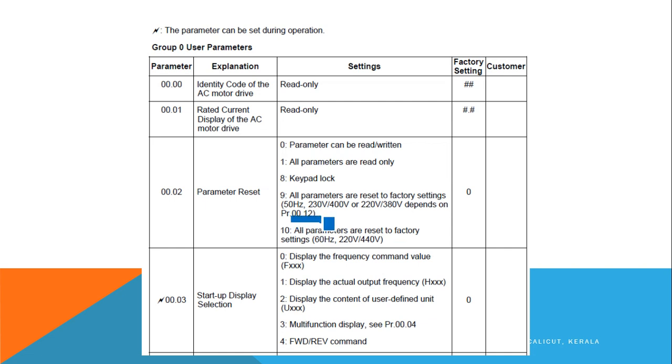So you have to search through the parameters. There will be a number of parameters. This VFD itself has some 700 parameters. There may be thousands in VFDs which have additional features. So this is the way parameters can be set in a VFD. That has to be done practically.